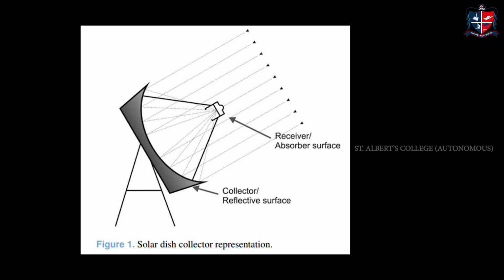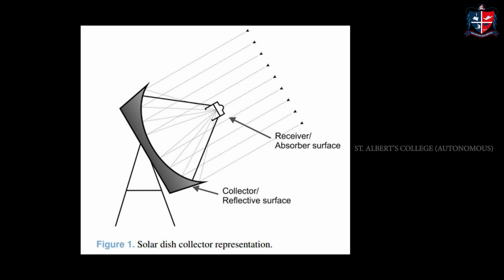Okay, so this aperture will have what? It will have certain optical devices or optical mechanism to focus the radiation onto the receiver. Receiver is also called the absorber. Always remember that the receiver is where we utilize the radiation for different applications. So whenever the word receiver comes, remember that it is the absorber. The receiver or absorber is a smaller area when compared to the aperture.